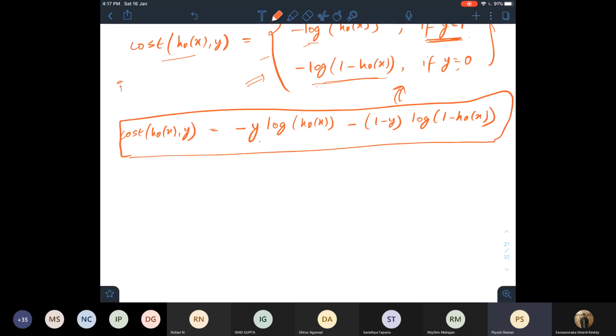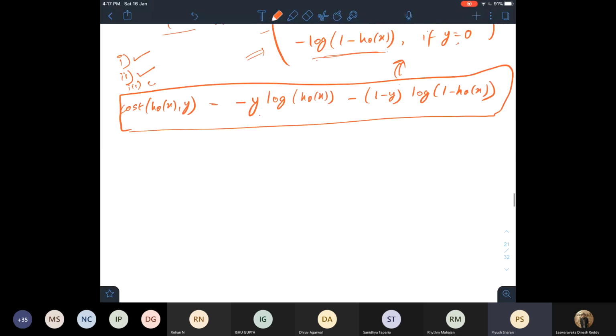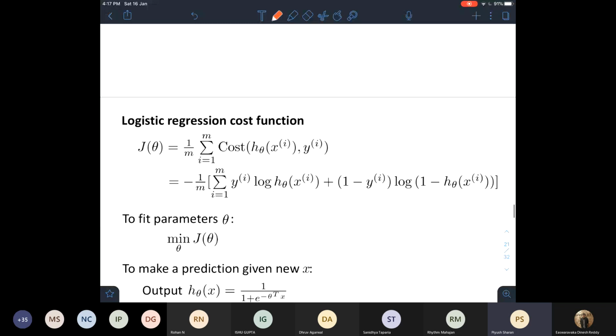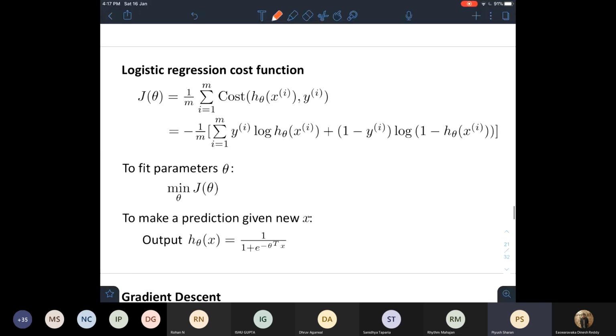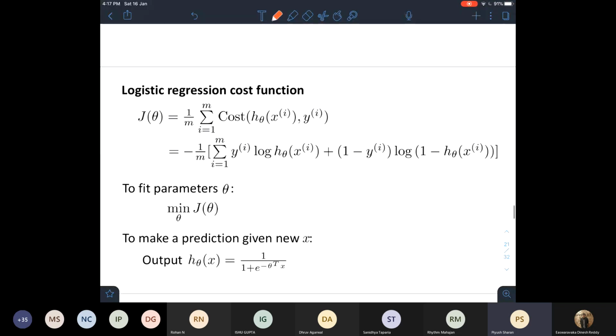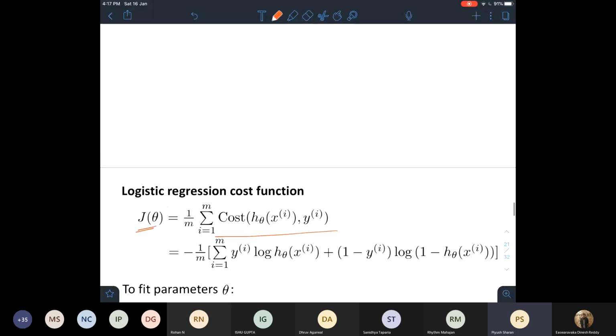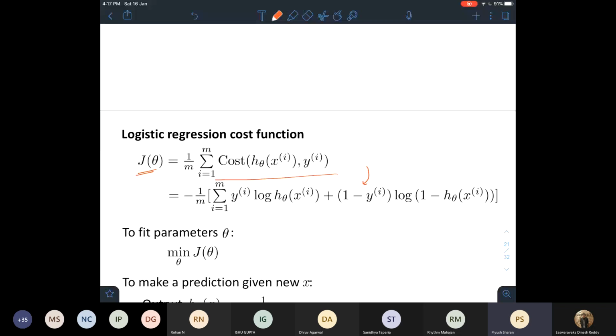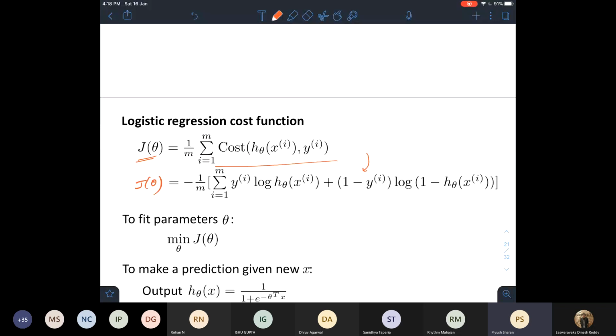So we have done two steps. We have defined the hypothesis. Next, we have also defined the cost function. The third step is left, which is how to minimize this, right? So again, the cost function is again this, and we have just put the value from over here to here. All right, so our final cost function is this.